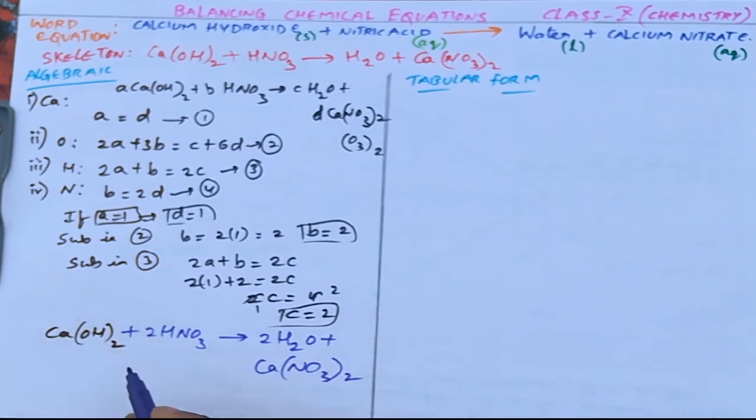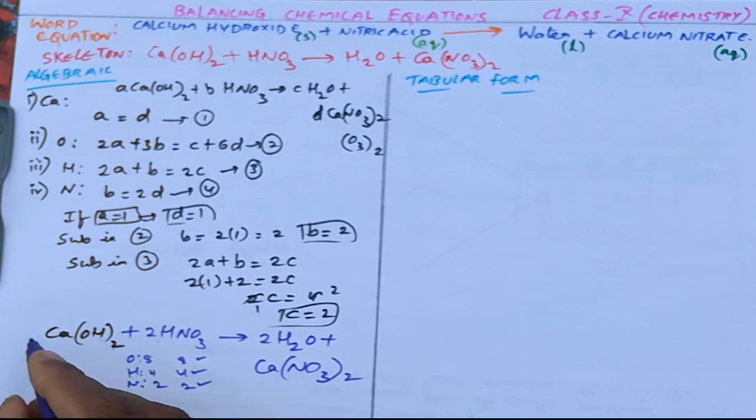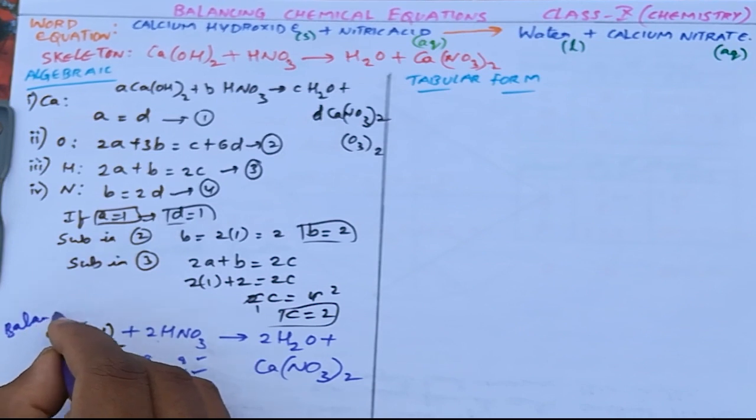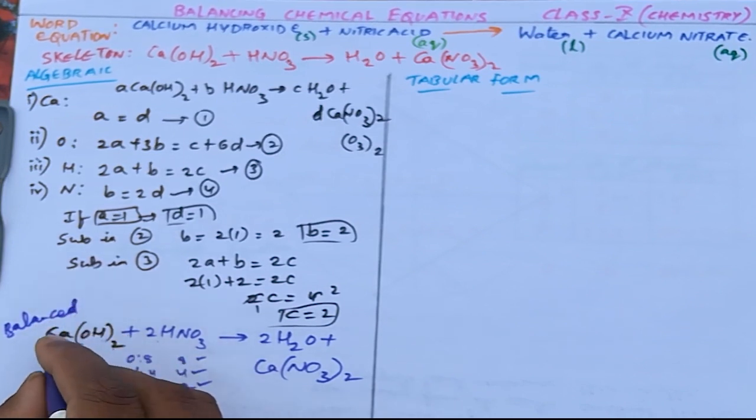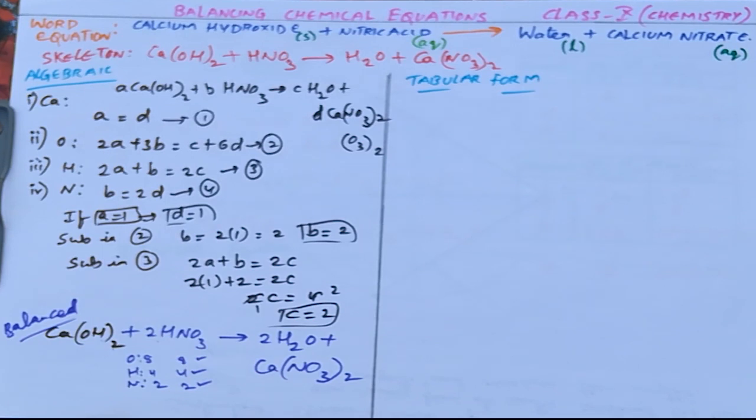Now we will verify whether it is balanced or not. Calcium on LHS 1, so here also 1. Oxygen here 2 plus 3 twos are 6, that is 8 oxygens. Here 2 plus here 6, 3 twos are 6, so here also 8, balanced. Calcium is also balanced. And hydrogen here 2 plus 2, here it is 4 on LHS. The RHS here also 2 twos are 4, so this one is also balanced. And nitrogen here 2 and here already taken twice, so 2, so balanced. This is the balanced chemical equation. This is the balanced one. I hope it is easy to understand and to solve, to balance.